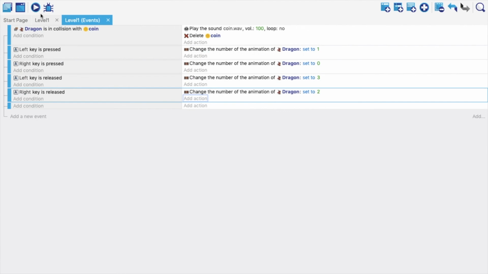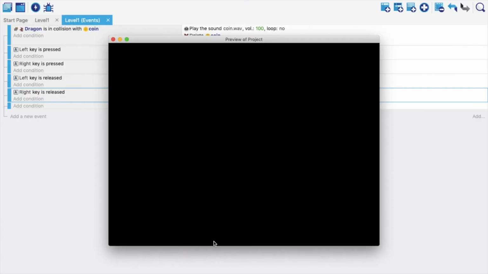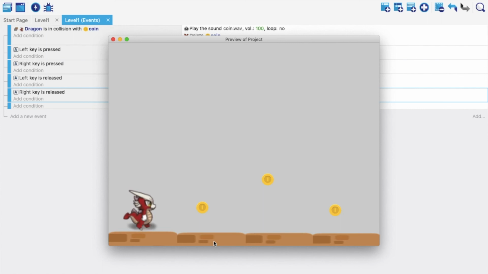Now let's see if this works or not. Okay, so fingers crossed guys, and let's see. So I'm going to walk a little bit, collect the coin, and then see. I'm not walking. I left the keys, but he's standing exactly over there, giving a feel that he's standing at a place and not really jogging at a place. So it's successfully done.